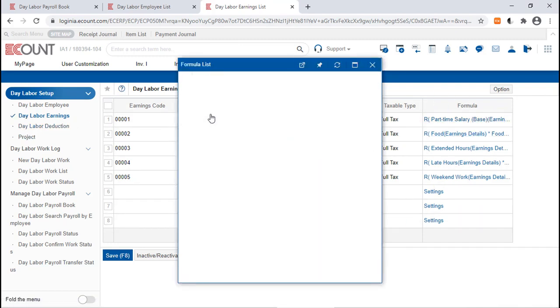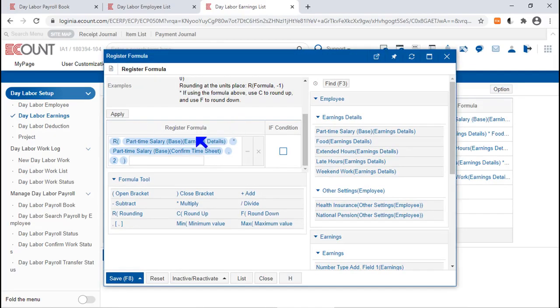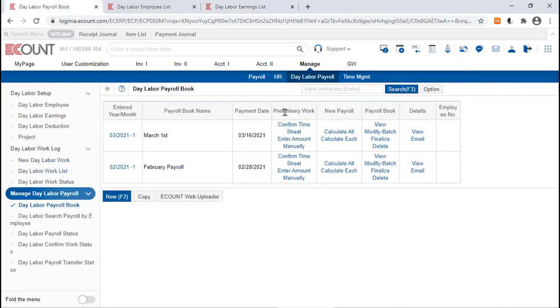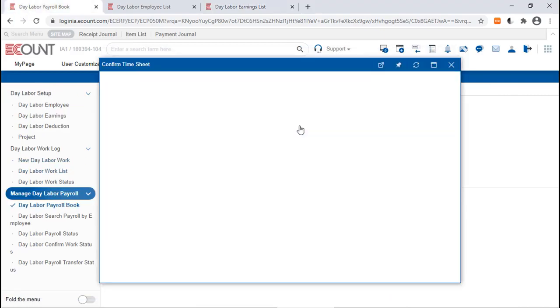And the formula will be basically set to pull the earnings amount of the Register Day Labor Earning Employee menu and to multiply the amount by the hours or days that you enter through the New Day Labor Work menu. So, in order to have the program multiply the earnings amount of the Register Employee menu by a certain value, you need to pull the work hours and work days entered in the program through the Confirm Timesheet function. Click the button